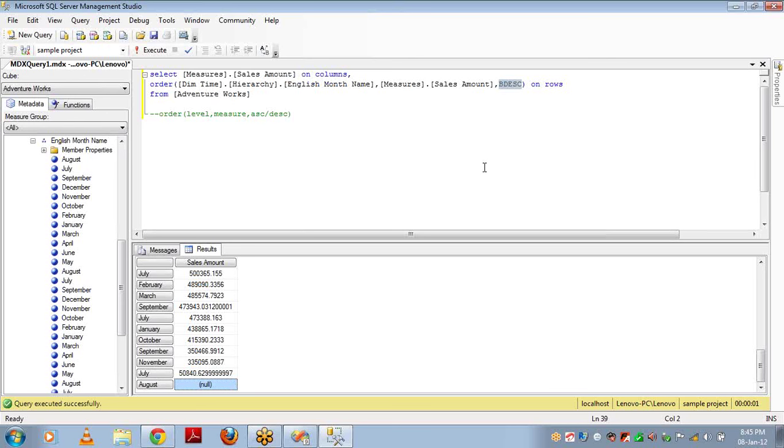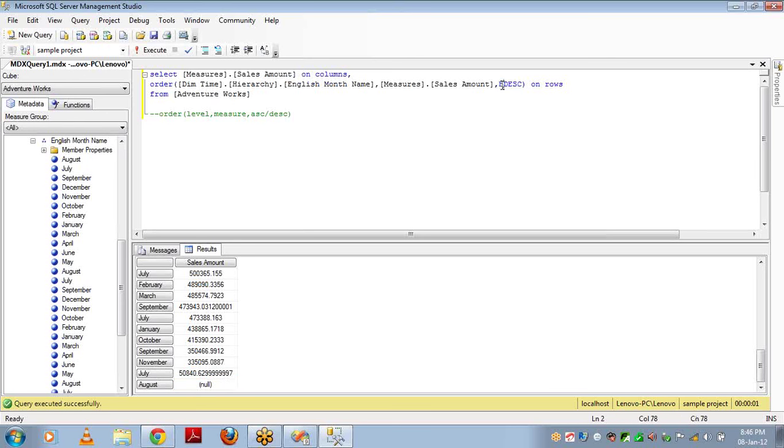So how it sorts is it will first sort the data at the first level and give it to you. For the second parent it will sort the data and give the output. And it will merge and give you the final output, and that's why it won't be in proper sorting order.